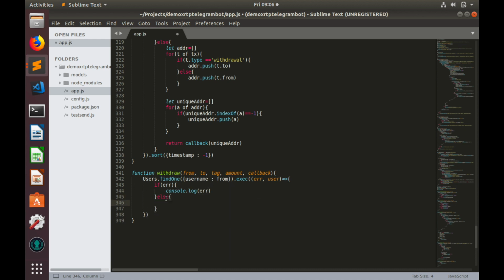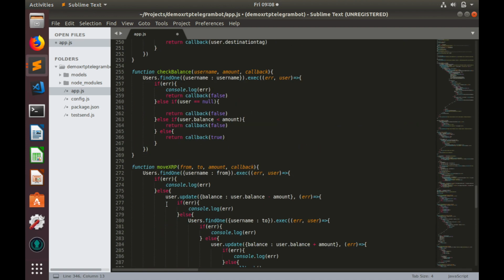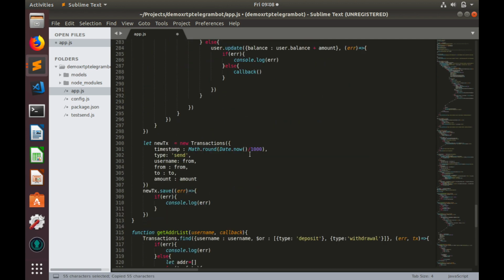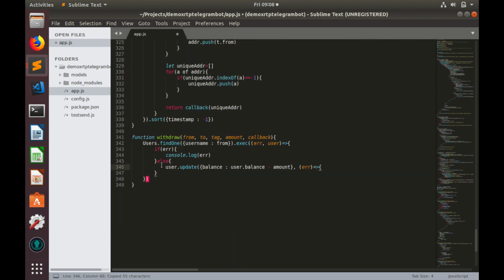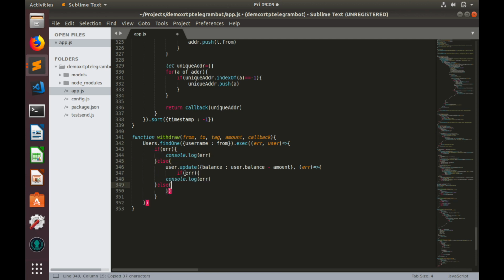if we have username, we need to update his balance. We did a similar update before when we implemented the send function. So we can just go to the move XRP function and copy this row. Paste it here. So user update his balance. We are taking the current balance and deducting the amount. And again, we have a callback. If we got error, we need to console log the error. Else,